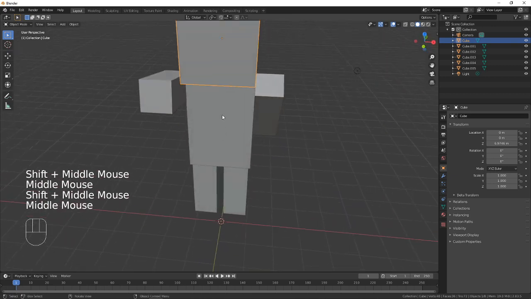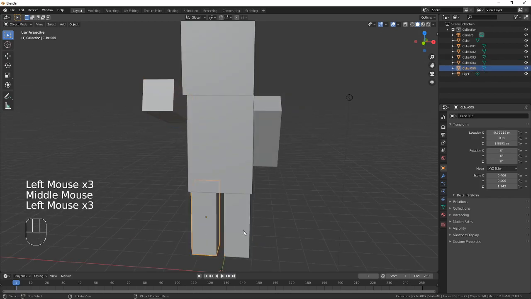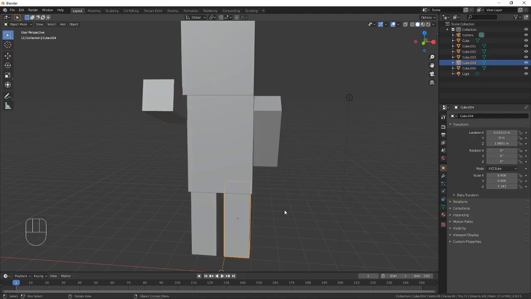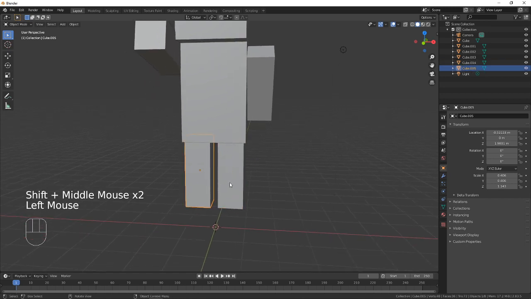So right now you have the head, you have the arms, and you have the legs, but the legs are not walking. So let's position the legs in a similar way to this activity. The left leg has to be in the front, and the right leg has to be in the back. So let's take this, which is my left leg. All right, left leg. That reminds me, before moving anything,